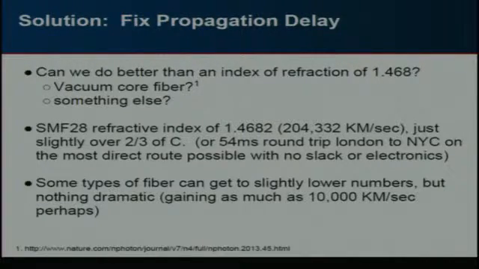But, really, how much can we do in optimizing the typical fiber types? Well, I was sitting there with that New York to London thing as my thought. SMF28 is about 1.468 index of refraction. Using 300,000 kilometers a second as the speed of light, yeah, 54 milliseconds if you multiply that in. If we get that a little bit better, we don't make that much of a difference. We can knock a few milliseconds off here and there. Is there something we can actually do? Meh. Maybe. Some types of fiber get you a little bit better, but most don't make much difference without other problems like putting a vacuum in the fiber and having loss that's completely ridiculous, 3 or 4 dB per kilometer.